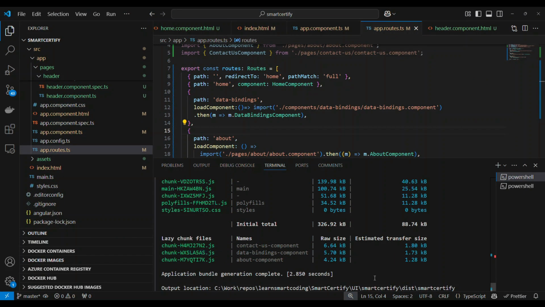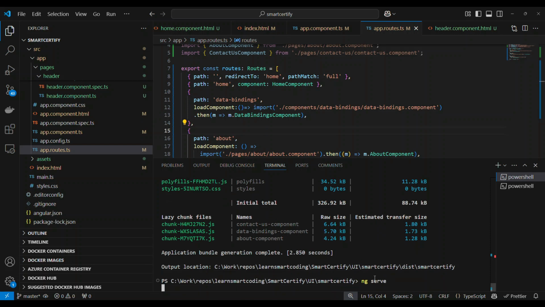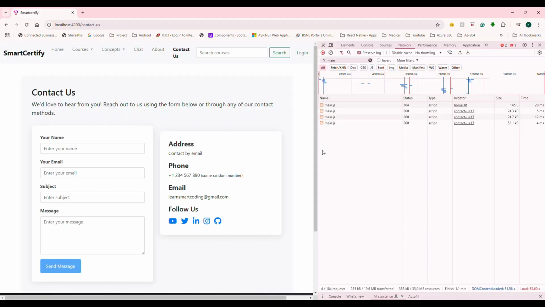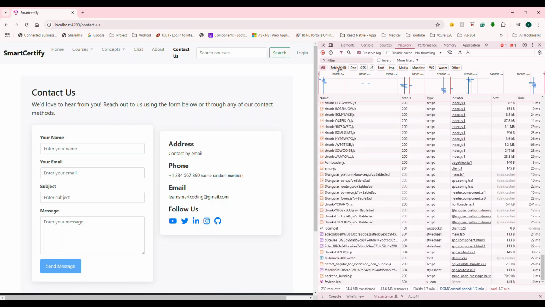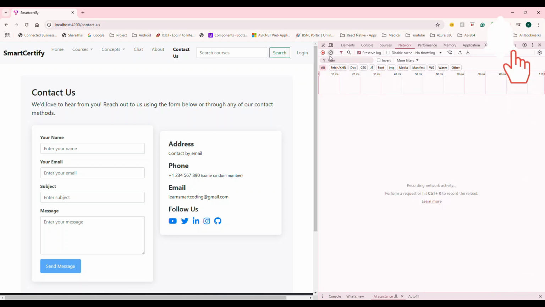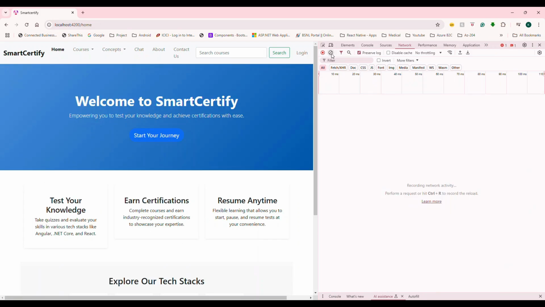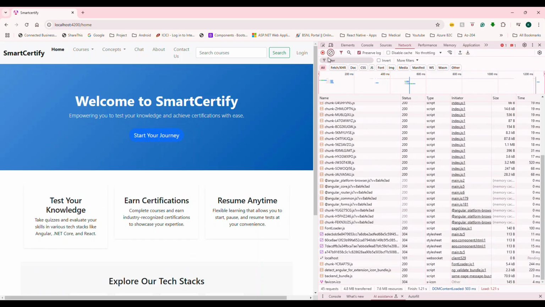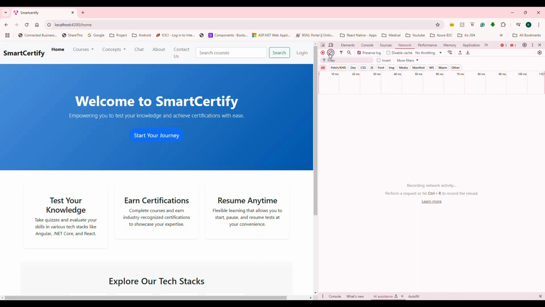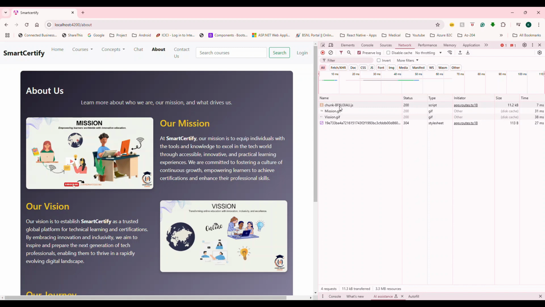So now let's run this ng serve and let's go to this, and what I'm going to do is, okay, I'm going to clear everything. Okay, so the app is loaded. I'm going to refresh this and clear everything. Now if I go to this home component, then only the home component chunk file is created, like it's downloading. You see this